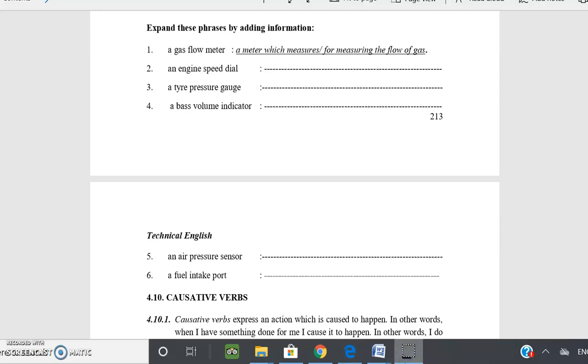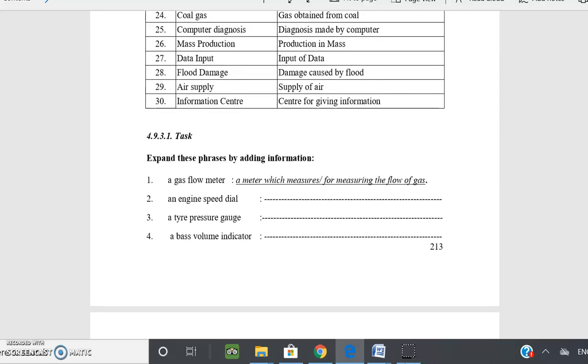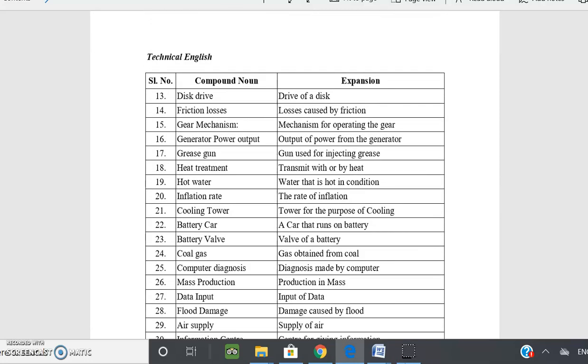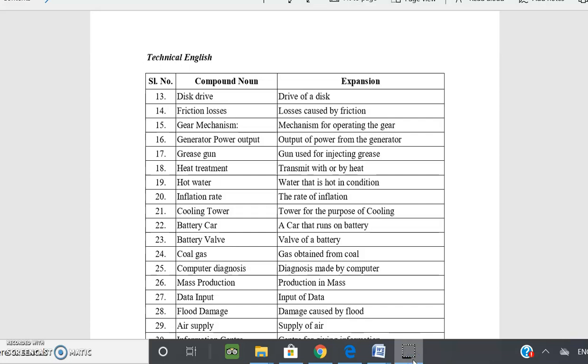Now, what type of questions will be asked in the exam? Primary thing. You may be given a compound noun which you need to expand. For definitions, we have written a full sentence, but for compound nouns, you should not write a full sentence. You have to write only a phrase. Very, very important. Do not write a full sentence for compound noun expansion. Only when you are asked to write definitions, you have to write a full sentence.